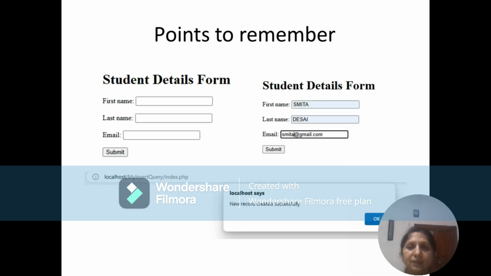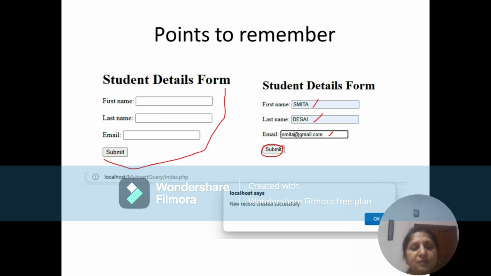Be happy for that. And now we have to execute the program. After executing the program, this is the screen that we are going to get. Then you fill in the form data, whatever you want to fill. First name, type something. Last name, type something. Give an email, and then click on the submit button. If everything is correct, your column names are correct, your input data names are correct, and there is no error, you will get this alert window which says new record created successfully.